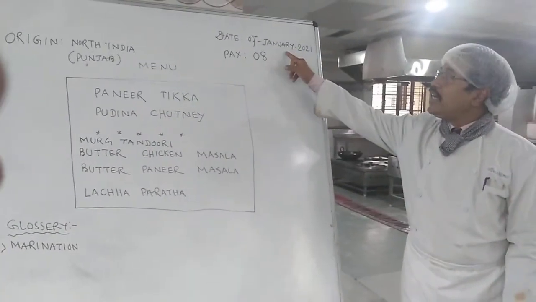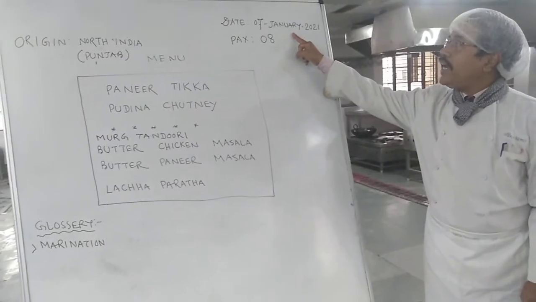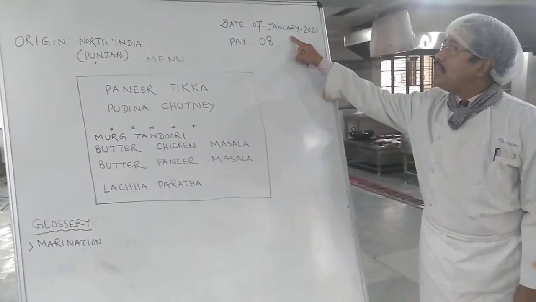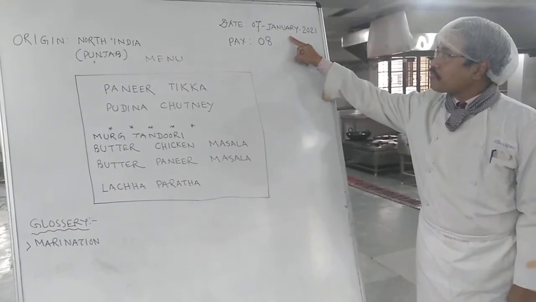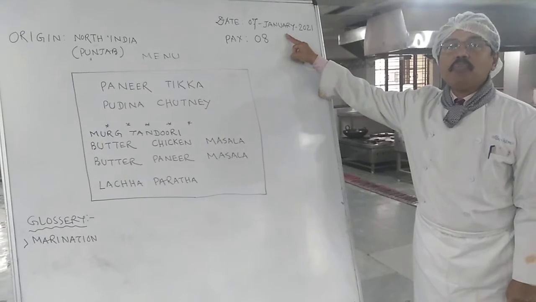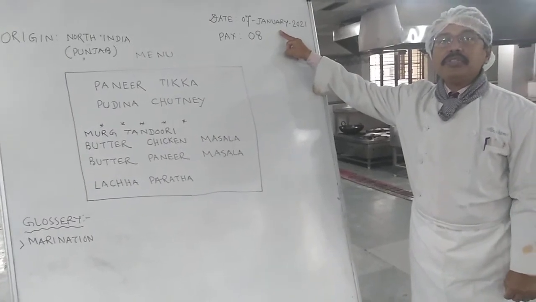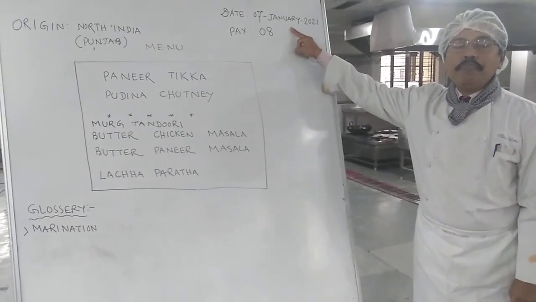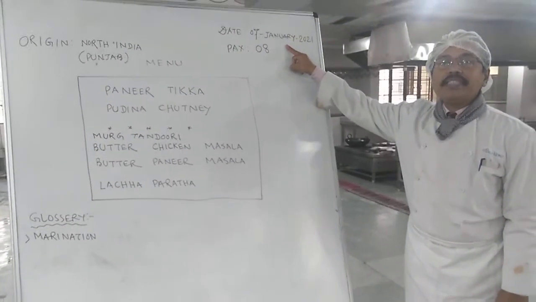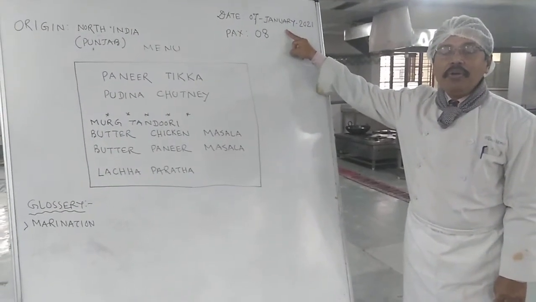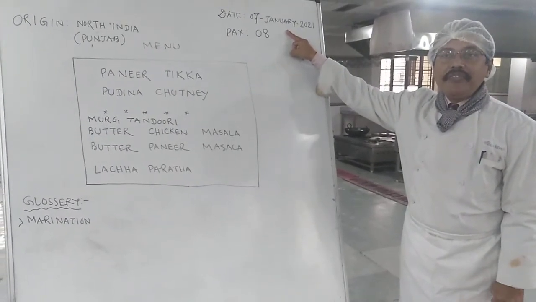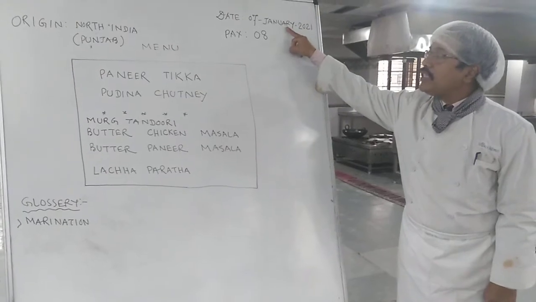On the top right hand side, there should be the date in DDMMYY form. So today we have mentioned 7 January 2021. Many people write 7/1/2021, but I will request you to have a little bit of room for improvement. If you write the date in this way, whether it is DDMMYY or MMDDYY form, it will not be very clear. So it's my request to mention the date in this particular manner.